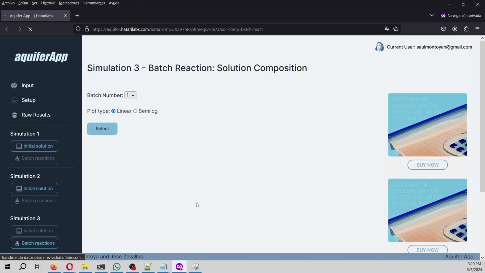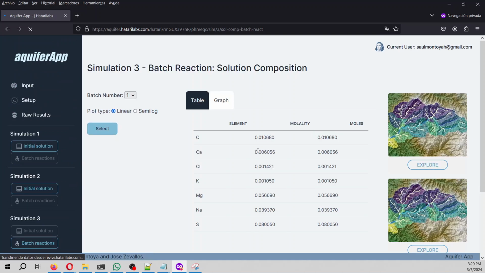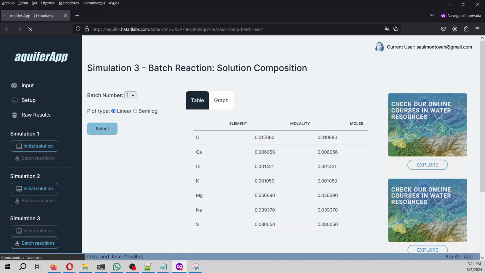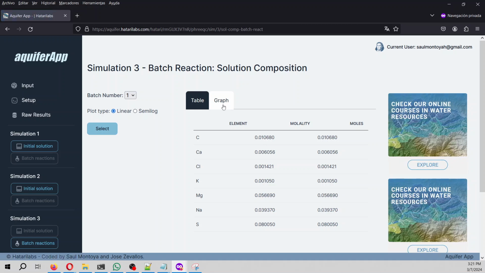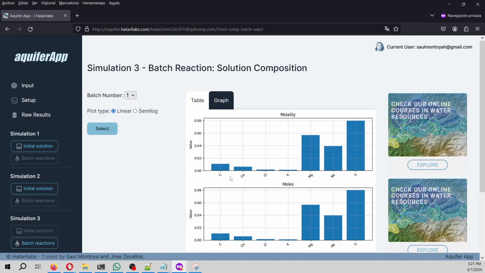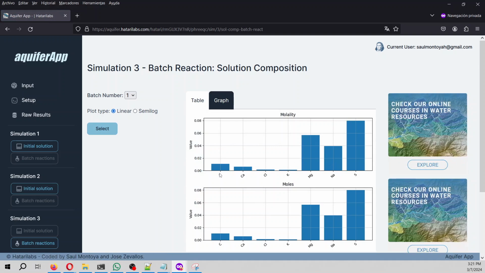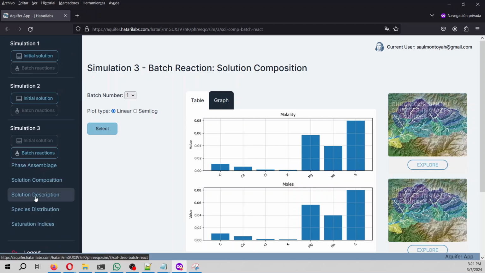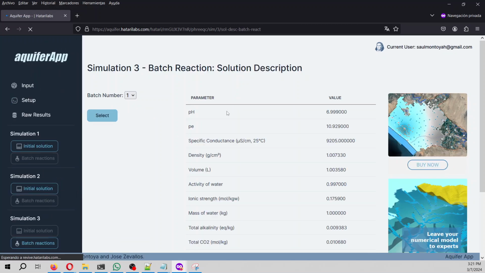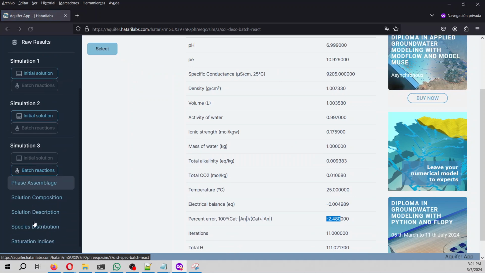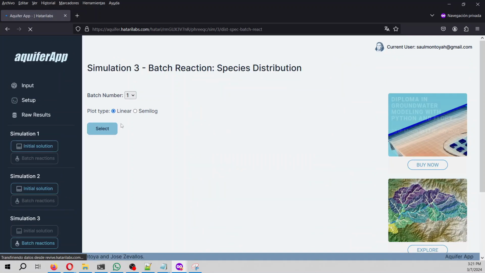And the mixing, yeah, we have carbon, and then we have sulfur, sodium, and alkalinity is on this order. Let's see about the description. The percent error is 2.48, and the species distribution,